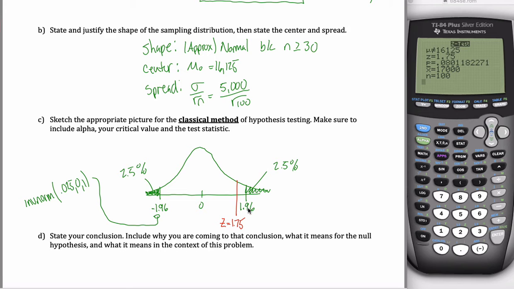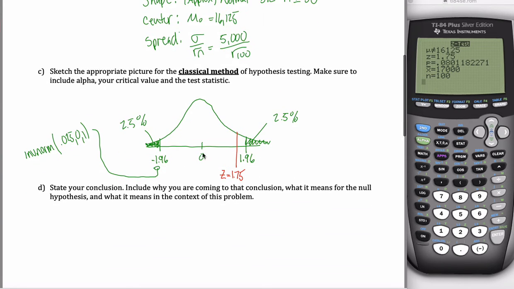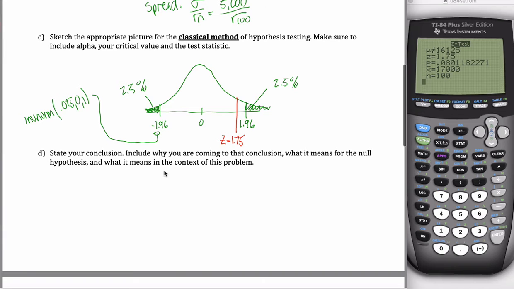I wouldn't have been able to tell if it was in the rejection region if I didn't have this critical value. I believe that's everything. There's alpha, there are the critical values, and there's my test statistic. So now I state my conclusion. So I can say because my test statistic, which in this case was 1.75, does not fall in the rejection region,